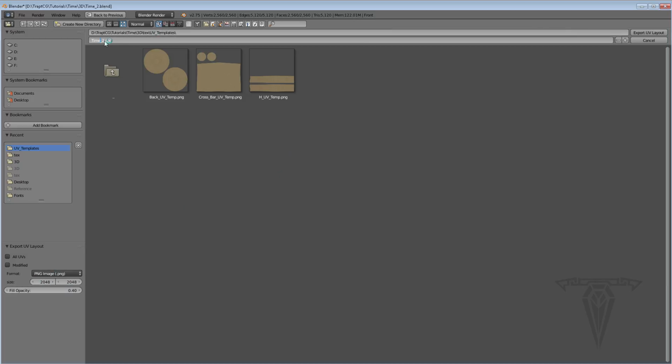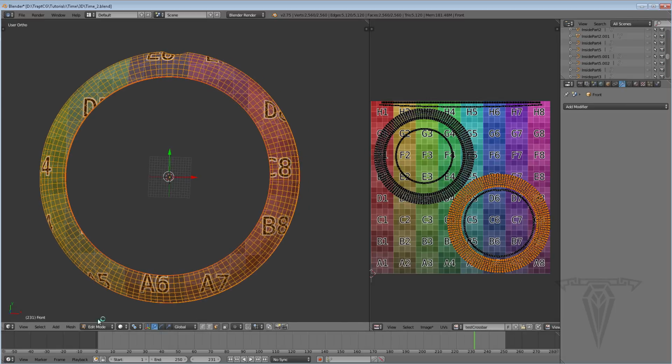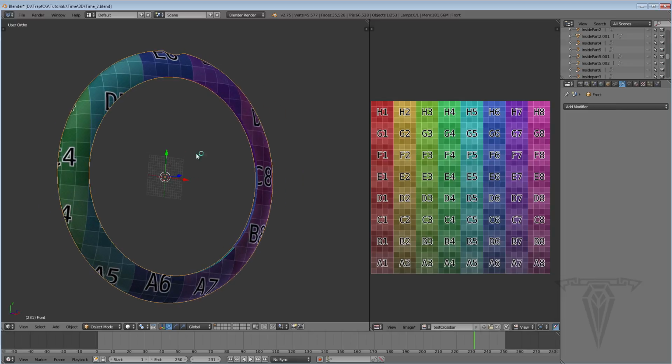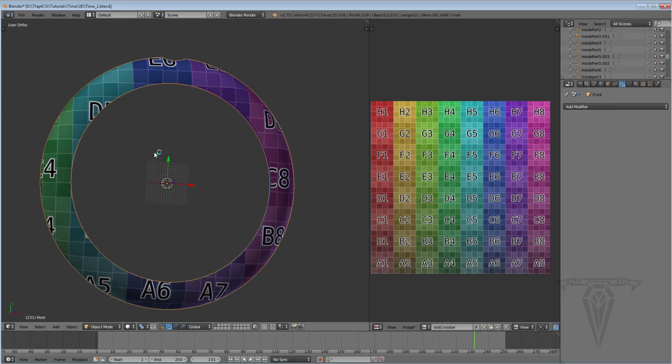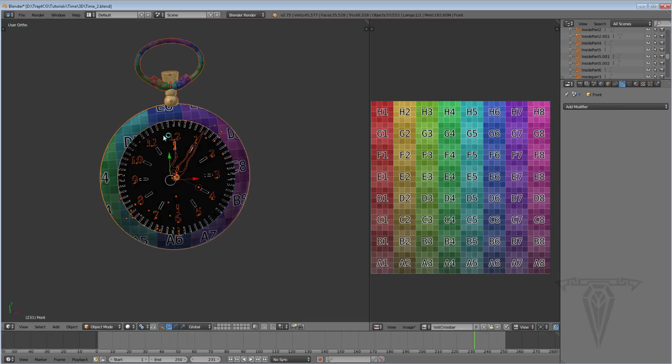We're going to call this front UV temp, and click export UV layout. Okay, so let's go ahead and come out of edit mode, back into object. Because I didn't keep closing this window, it allowed me to keep this texture in place to see it on all these components. So let me go ahead and hit Alt H,